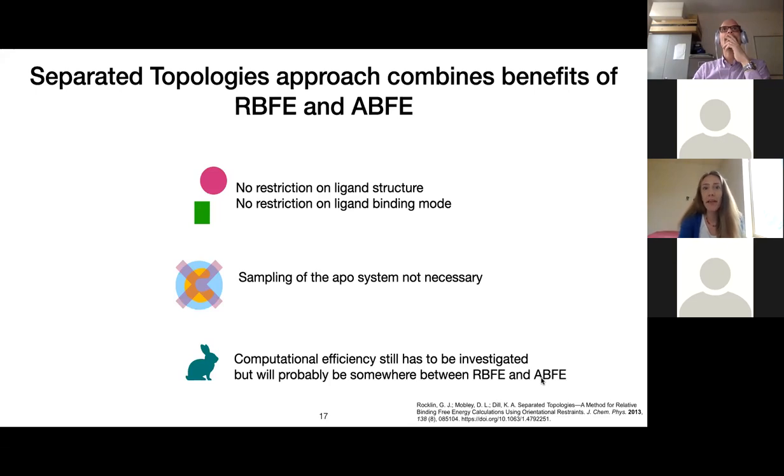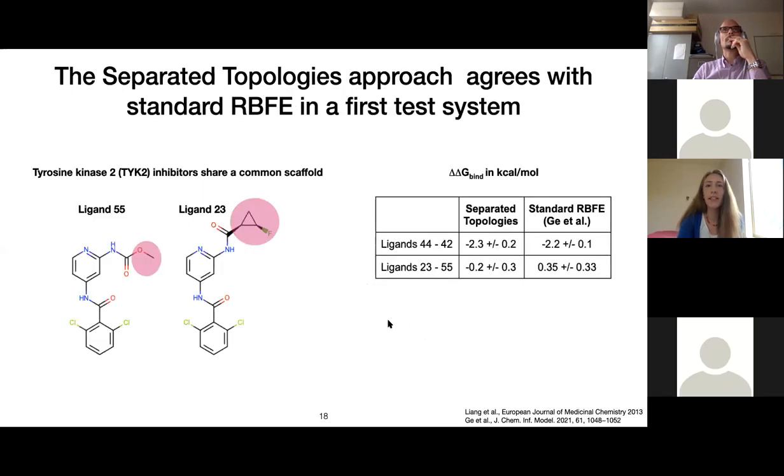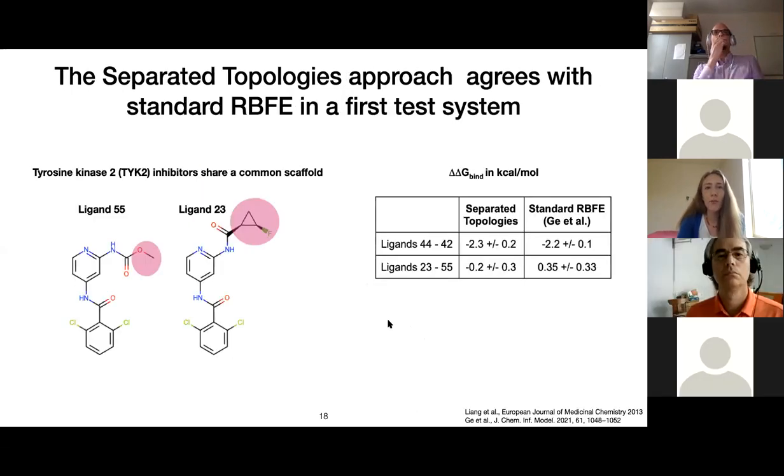This method has been prototyped earlier in the lab. And now we're focusing on developing a software implementation that can then run these calculations on pharmaceutically relevant systems and on a large scale. We use GROMACS as our MD engine and developed a Python package to set up these calculations. And so we were able to run this approach on the first test system, and we chose